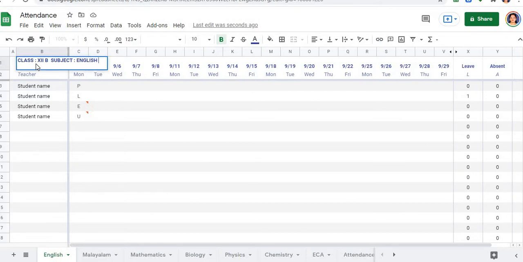Okay, and then I'll also specify the month, and this attendance register is for the month of May. Okay, and now as I click it down, I see this to be not displayed properly, so I'll just click